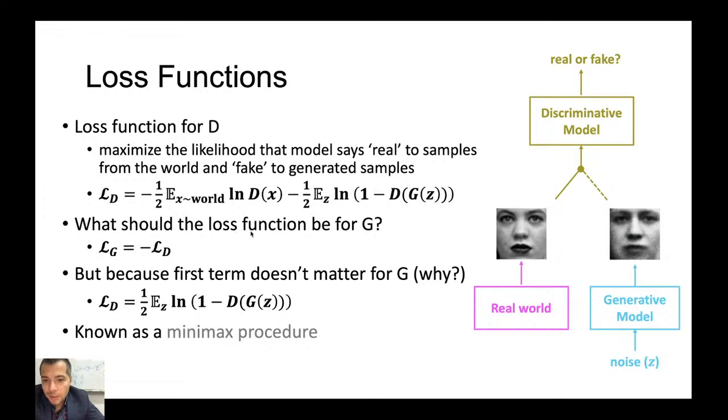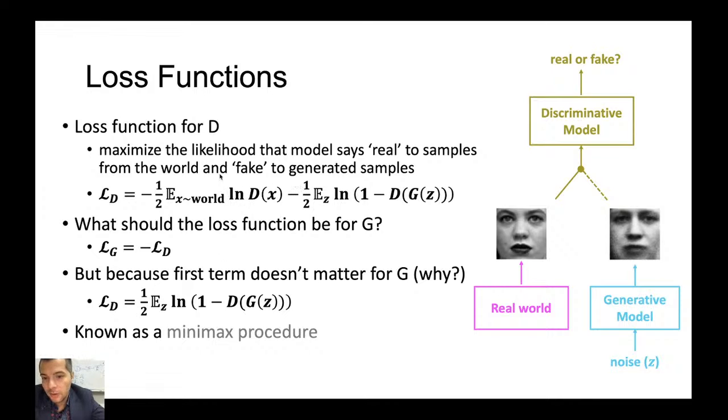So this is the loss for the discriminator, and the loss for the generator is actually opposite. Or it should be the opposite loss. One tries to make sure that it can discriminate between real and fake samples, and the other wants to generate fake samples that are as realistic as possible. But actually, for the generator, it cannot influence this part. So the generator only plays a role in this part of the loss function. So actually, the loss for the generator is only this side of this loss function. So the LG will be minus LD, but actually we use this part of LD for